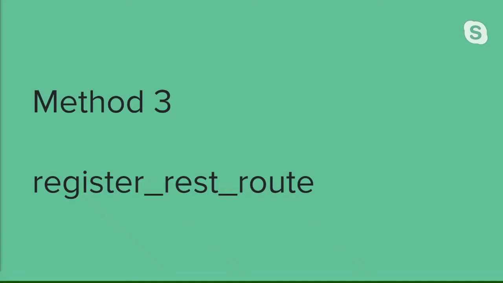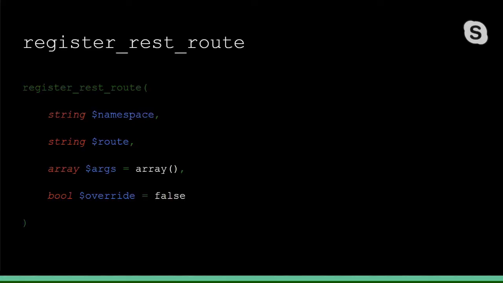Finally, I want to spend a little bit of time talking about the most powerful and flexible way to extend the WordPress REST API, register REST route. When you register your own route, the sky's the limit. Or perhaps more accurately, your development time is going to be the main limitation. There will be substantial boilerplate code involved in creating your own endpoint, but essentially, you create your own namespace and route, then define methods to handle different types of requests.